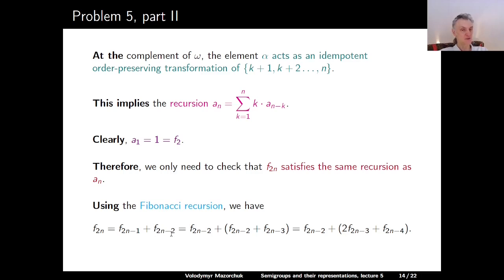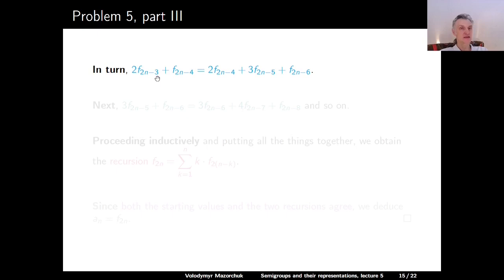So we leave this F_{2n-2} and rewrite F_{2n-1} as F_{2n-2} plus F_{2n-3}. Now here, we leave this F_{2n-3} and rewrite F_{2n-2} as F_{2n-3} plus F_{2n-4}. So we get F_{2n-2} plus 2F_{2n-3} plus F_{2n-4}. Now we look at the second term, and in the second term, we rewrite this as